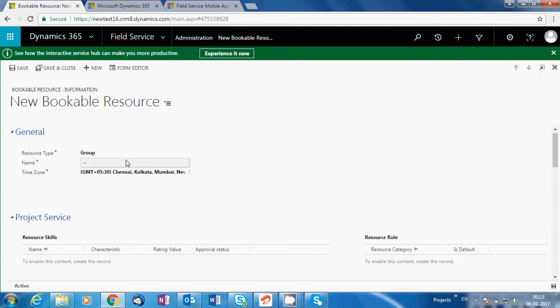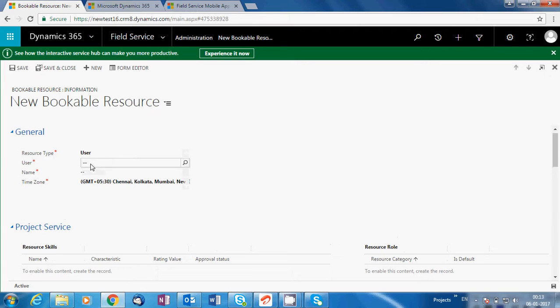And now, most of the things are going to be the user, right? I'm just going to create it as a user, and this is my new user. Okay, so I'm going to save it. Once I save it,